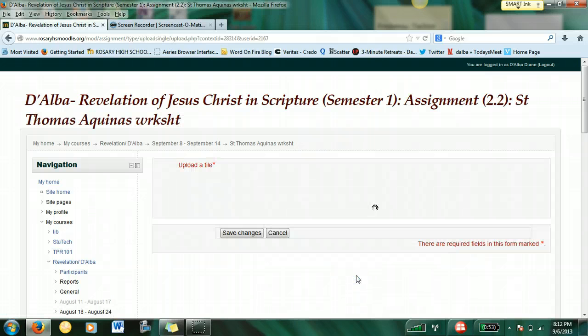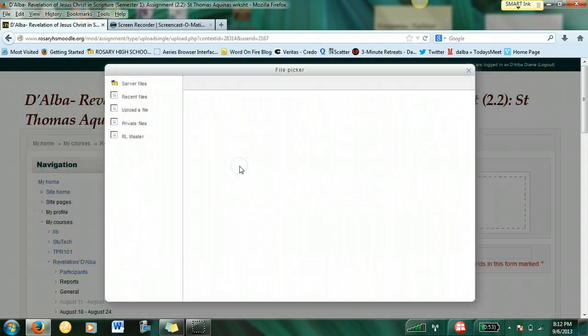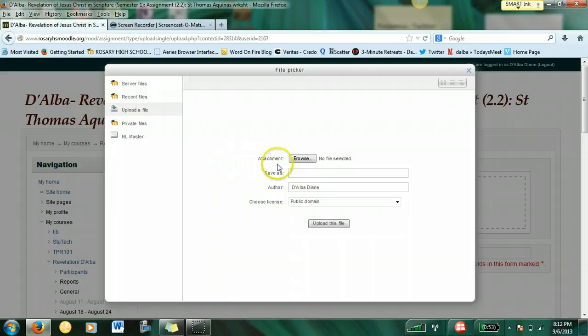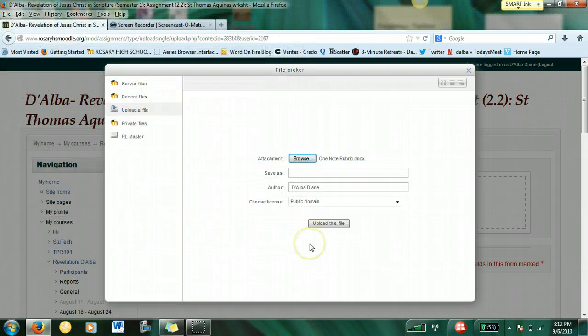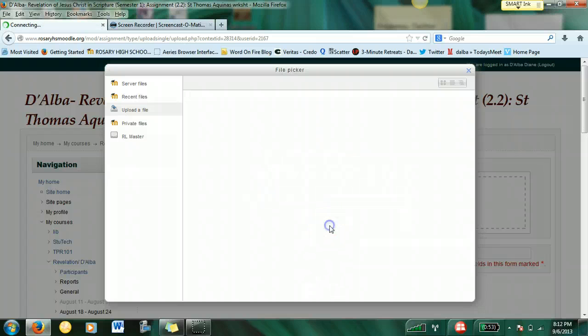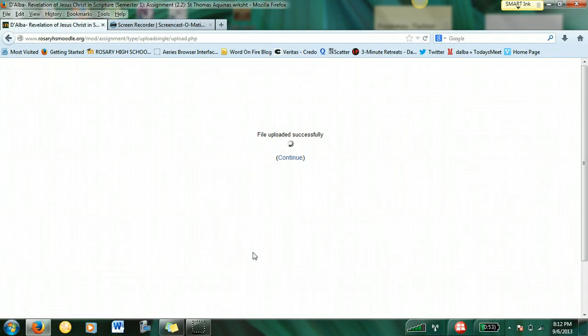All of this has been covered within the classroom already. So I browse for a file, choose file. I look for a file. And let's say I'm going to upload this. Click open. Click upload this file. It's very important to wait until you click save changes, as well as waiting until